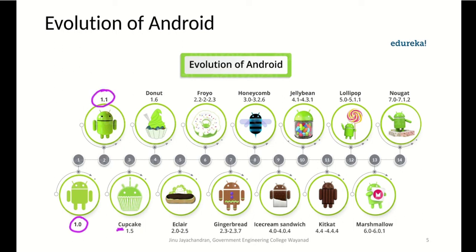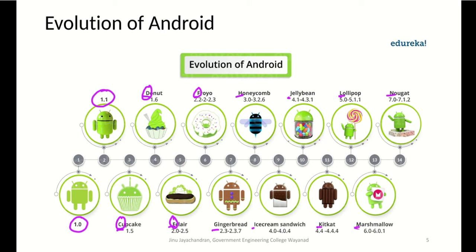Then came Cupcake, Donut, Eclair, Froyo, Gingerbread, Honeycomb, Ice Cream Sandwich, Jelly Bean, KitKat, Lollipop, Marshmallow, Nougat, and now we have Oreo and Pie. The first letter always follows the alphabetical order, and most of them are names of chocolates or